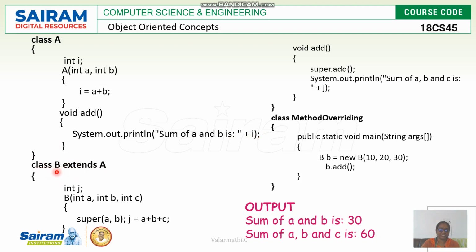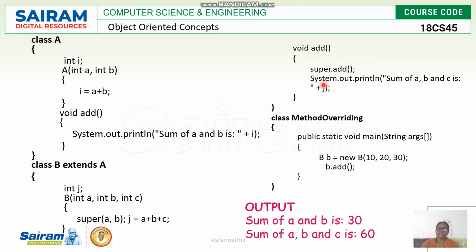So now B class is a subclass and A class is a superclass. B class also has one constructor. It is invoked by super of A, B. That means it is invoked by the superclass. Then move on to its definition, void add. It calls super.add. That means super.add is nothing but the add method which is defined in the superclass. So at that time what will happen? Sum of A plus B will be printed.